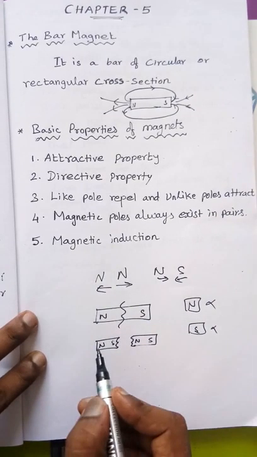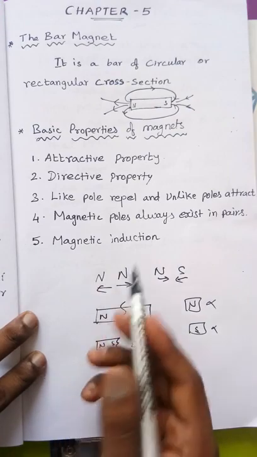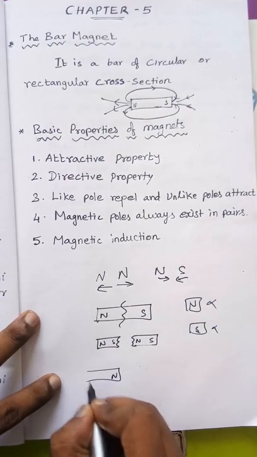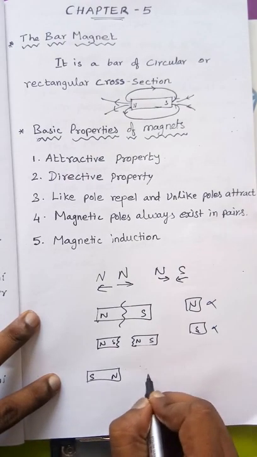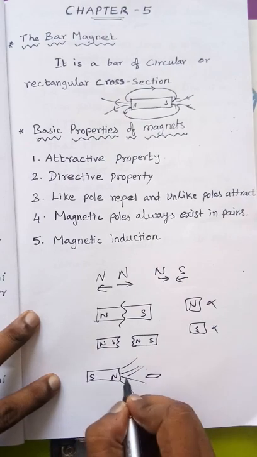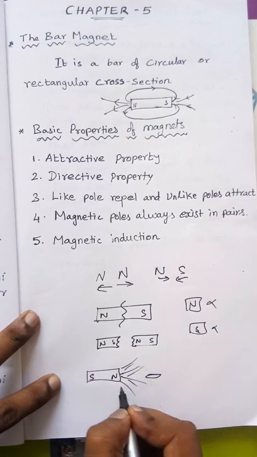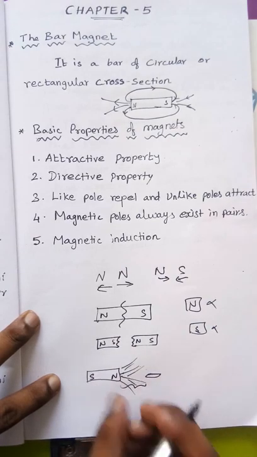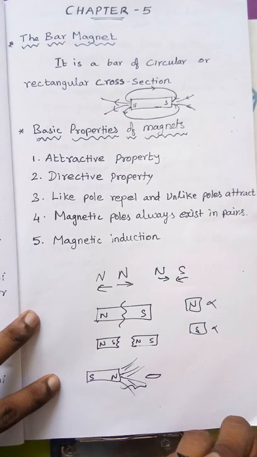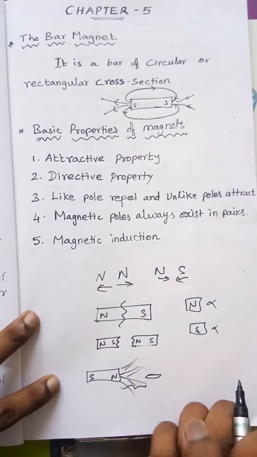Magnetic induction. Magnetic induction means what? Induction means it is induced without contact. For example, you take one bar magnet and a small piece of iron. The magnetic field is invisible, but it is present, so it can easily attract. There is no contact in between, so it induces the other object, like an iron piece, nickel, cobalt. Okay, so this is magnetic induction.